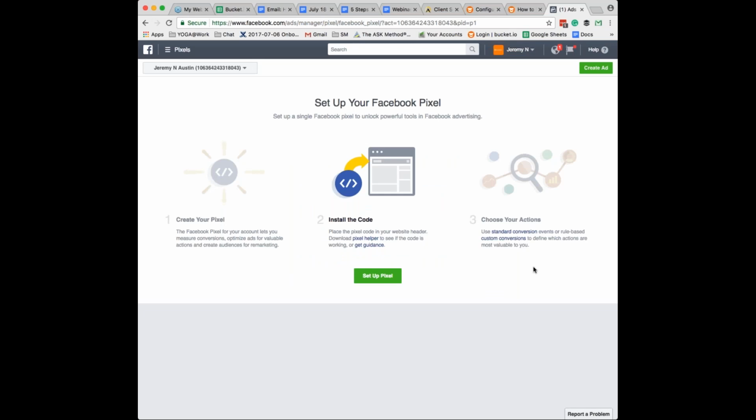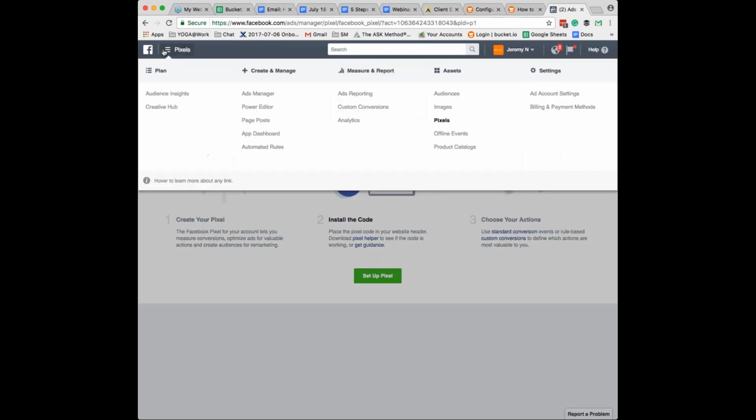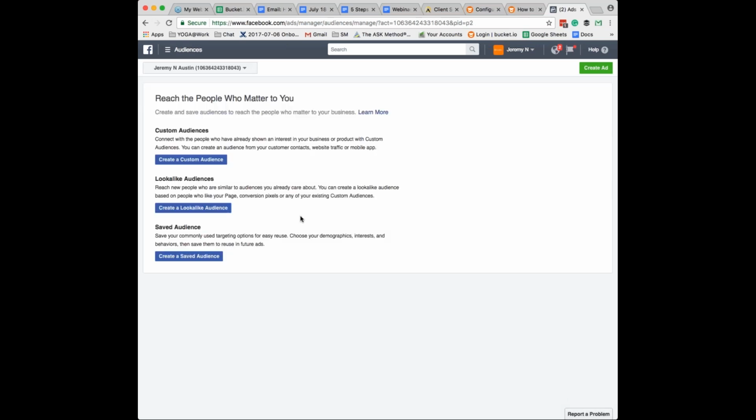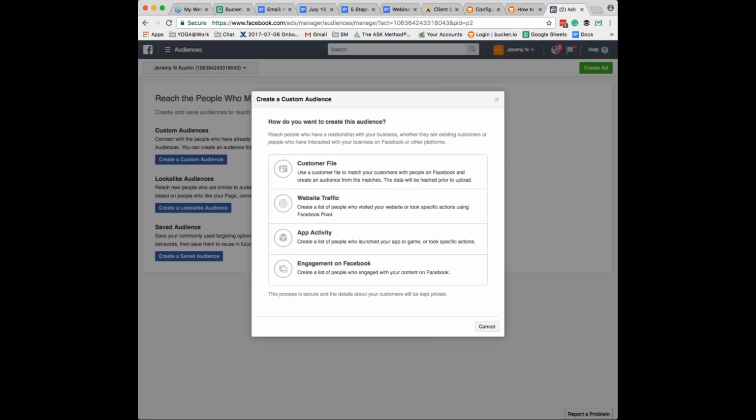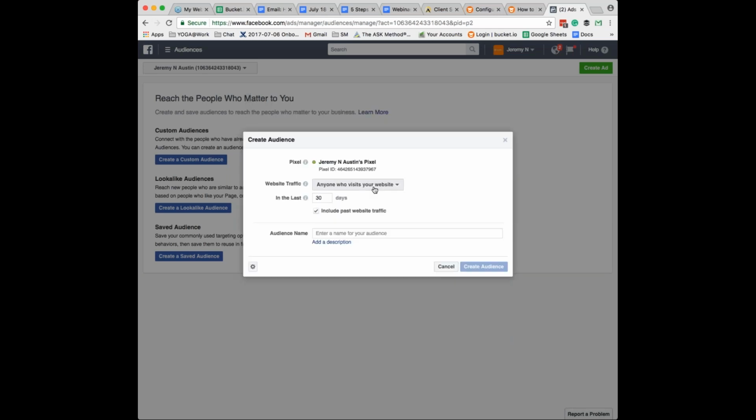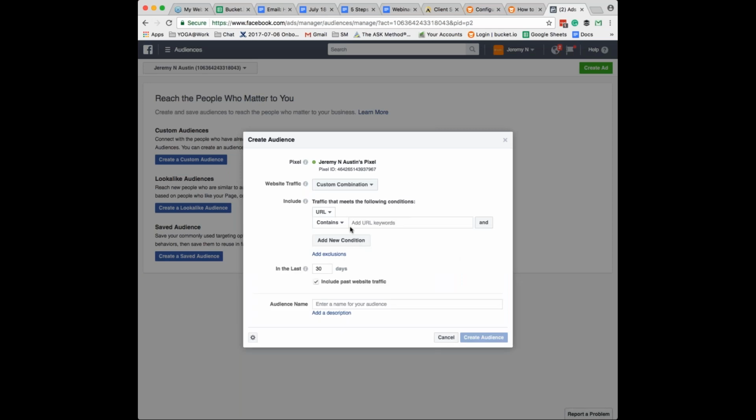If you go to, instead of pixels, audiences. Top left menu, right next to the app. Yeah, audiences. And then create a custom audience, and then do it off of website traffic. And so instead of anyone who visits your website, click that. And then choose custom combination. So instead of URL,